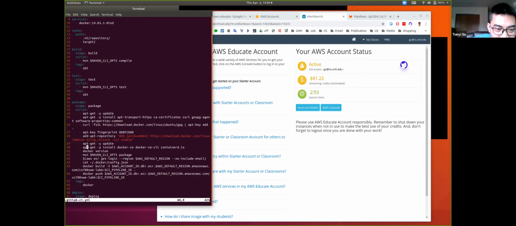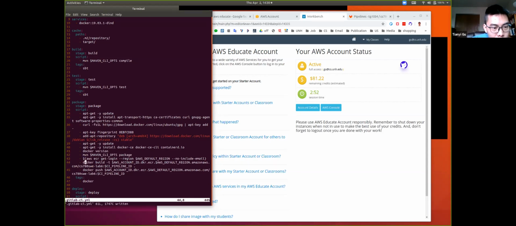Install Docker, like install a Docker application in a Docker image. A Docker image is like a virtual machine, right? In that repo. So then we do Maven package which builds up all the stuff, and then we log into AWS ECR. And here this is what I added for debugging. I can just erase that. And then we do a Docker build. We build the Docker image and then push that Docker image into AWS ECR, which is a place to store this